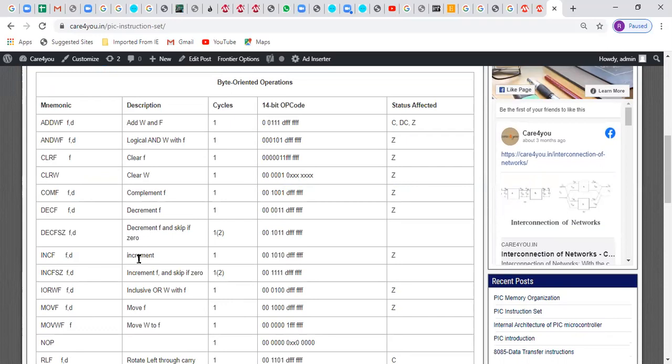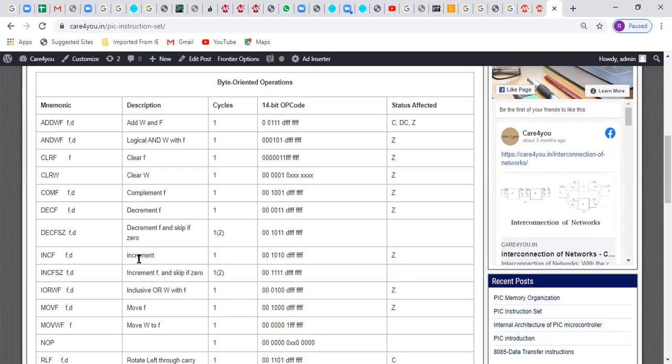PIC microcontroller is based on the Harvard architecture. Means that it has a separate data and program memory. Princeton architecture has a common, shareable memory. But Harvard architecture has a separate memory for the data and the program, and a separate data path for both the memories to access at a faster pace.